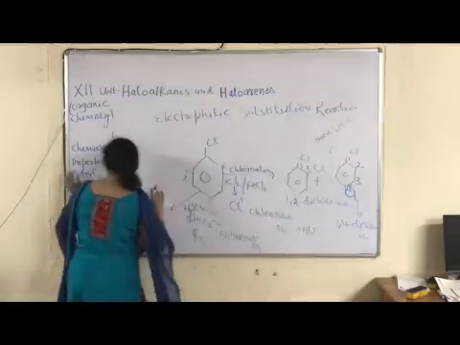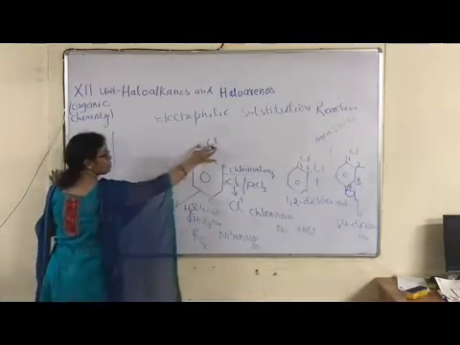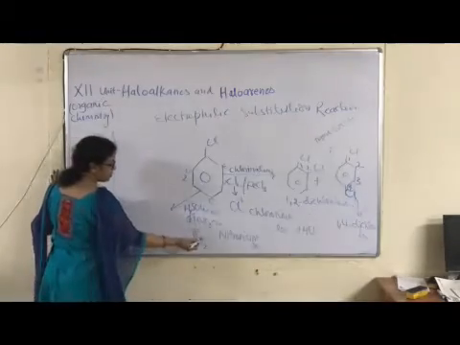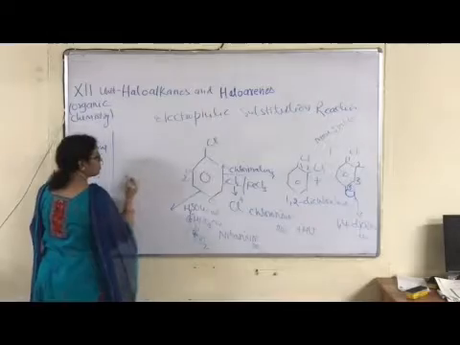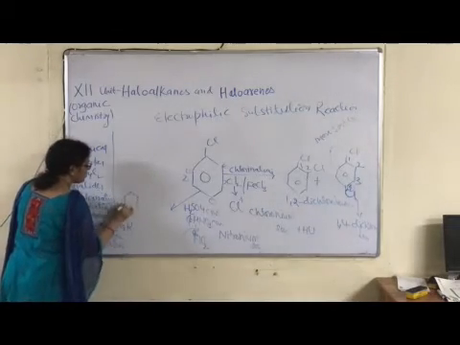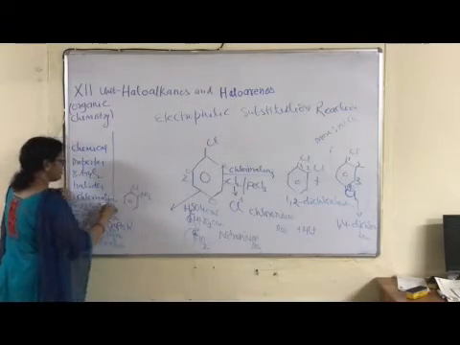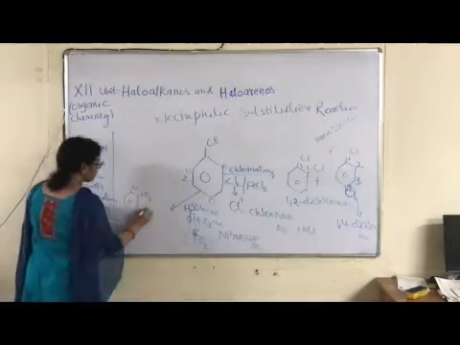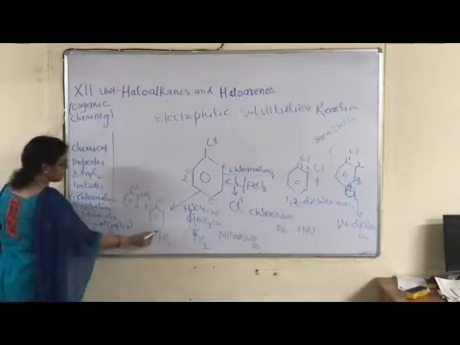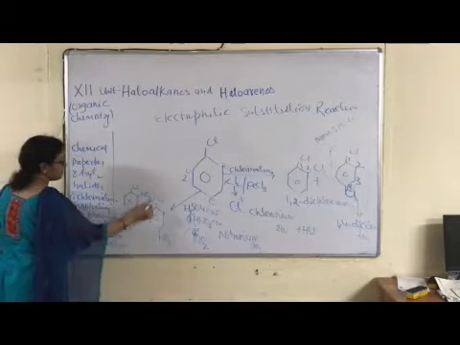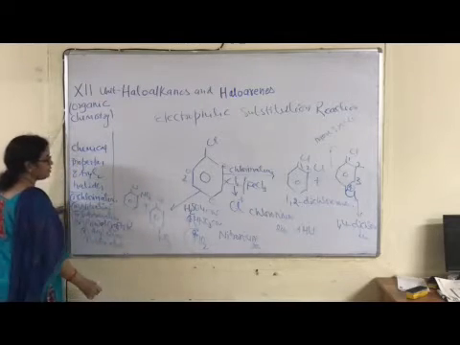Nitronium ion. Okay, children? You know, always this is an OP directing group. What happens? Attack of this electrophile at which position? Electron rich position. One isomer is nitrochlorobenzene, this is ortho chloro, and the second is para. This is the para isomer. 2-nitrochlorobenzene, 4-nitrochlorobenzene. Again, para is more stable, right?